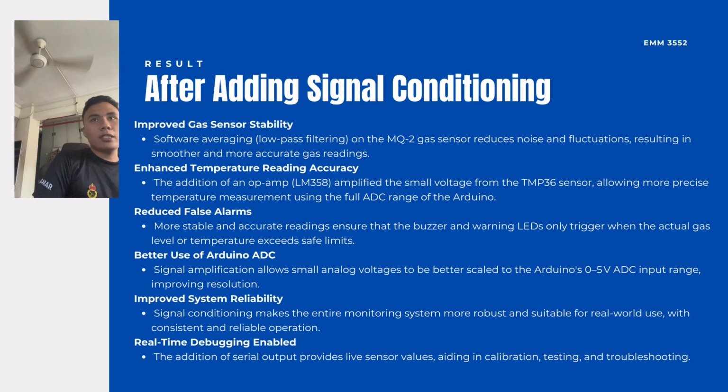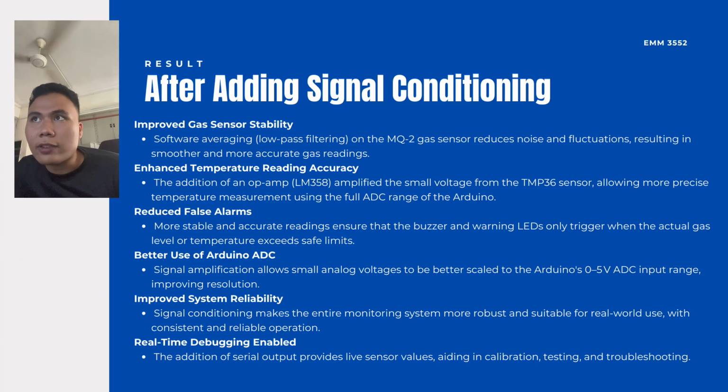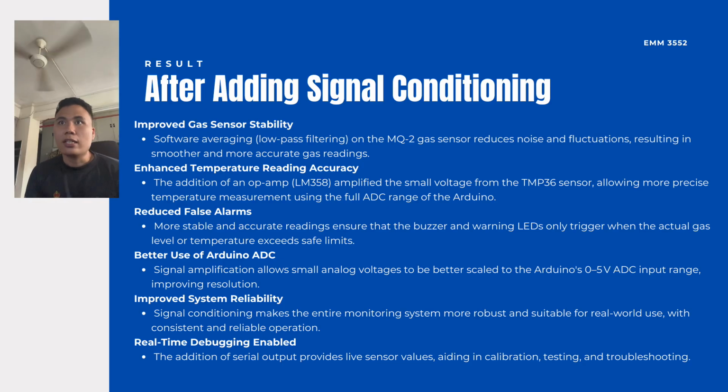So the third point is reduce false alarms. More stable and accurate readings ensure that the buzzer and the warning LEDs only trigger when the actual gas level or temperature exceeds the safe limit. The next point is better use of the Arduino ADC, through signal amplification. It allows the small voltage to be better scaled to the Arduino's 0 to 5 volt ADC input range,